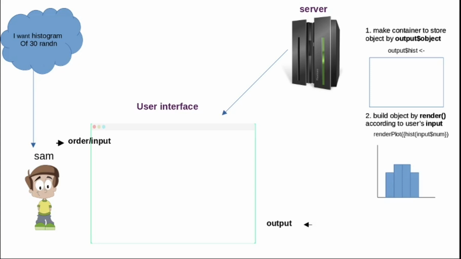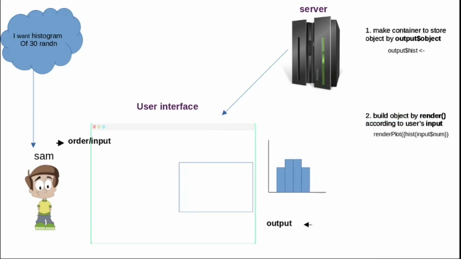There are other details available, I will explain these things in the next video. All the things I cannot cover in one video. Then our product is ready, and finally you get the output. This is the container where our object is stored, and you get the result. Likewise, a Shiny application works. This is very simple, simpler than Django or any type of web application framework you see.